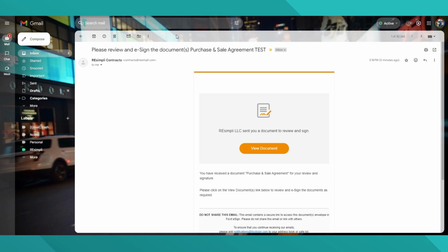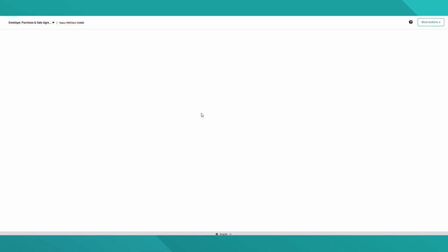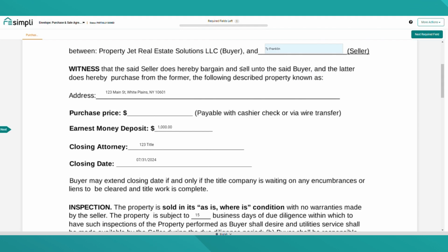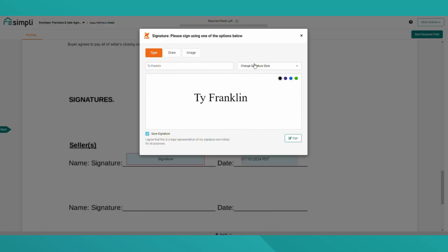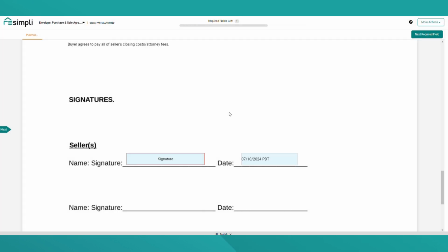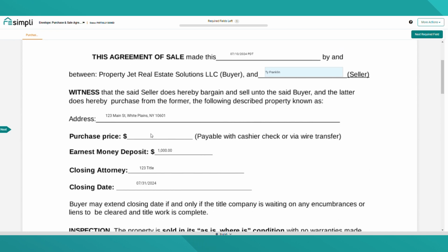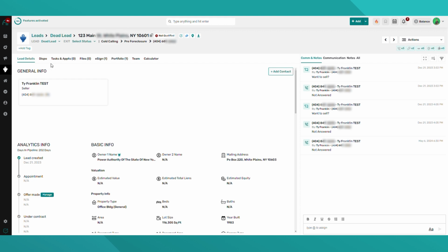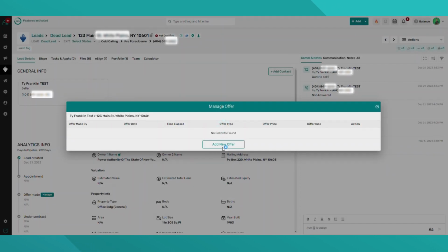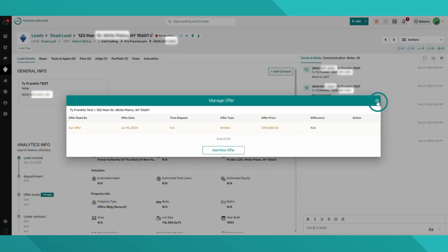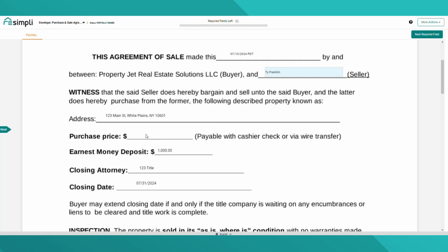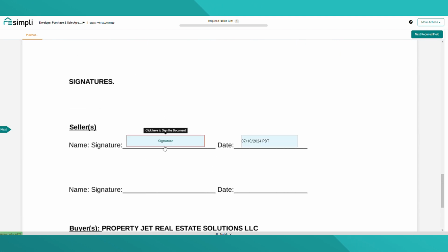Hit OK. And then this is what it will look like from the seller's view. Same thing as yours. Remember, this is the test one. They'll have to hit view document, instructions, accept. Name is already filled in. All of these fields are already filled in, and all they have to do is sign. And the reason that the price is not in this is because I don't have an offer price inside of this seller lead. So if I put an offer here, then that would change it. And then once I have that offer in there, then it'll add into this as the purchase price. And then all they have to do is sign